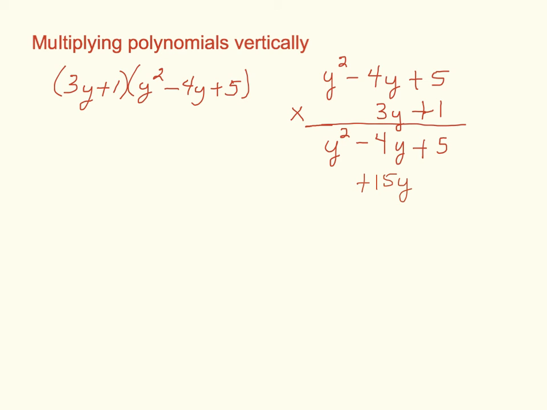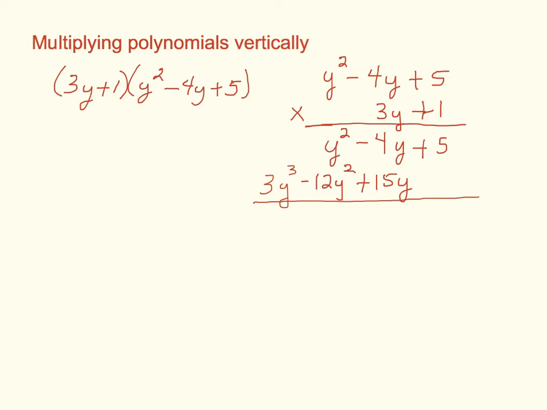So when I add them up, they're all lined up together, and I can combine my like terms. 3y now times negative 4y gives me a negative 12y squared. Then 3y times y squared gives me 3y cubed. Well, there's no cubes to line it up with,